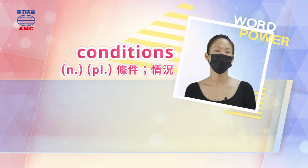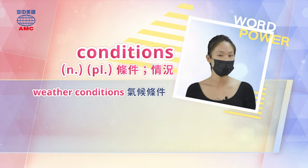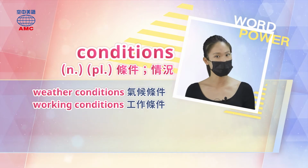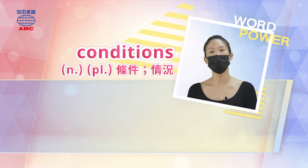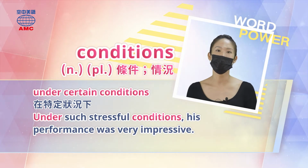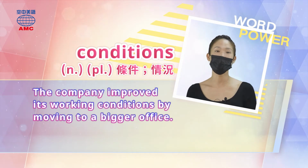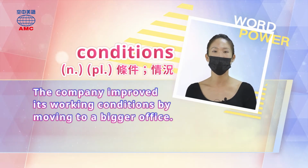Conditions 这个复数名词呢，代表的是物质条件、实际的状况、情况。像是课文说到的 weather conditions，代表就是天气的条件、天气的状况。那如果是 working conditions，那就是工作的条件、工作的环境状况。那再来呢，在特定的条件下，我们可以说 under certain conditions，像是呢 under such stressful conditions, his performance was very impressive。在压力如此大的条件下，他的表现已经令人相当印象深刻。那单字例句给的是呢，The company improved its working conditions by moving to a bigger office。这间公司借由搬到大一点的办公室来改善其工作环境。